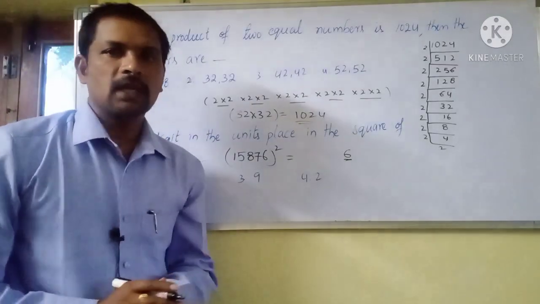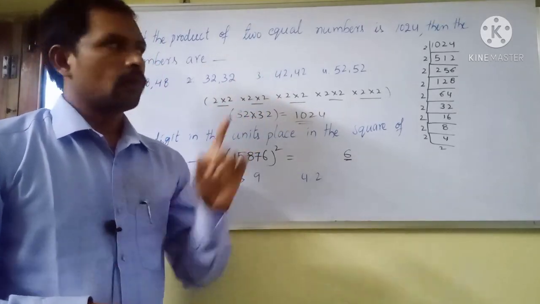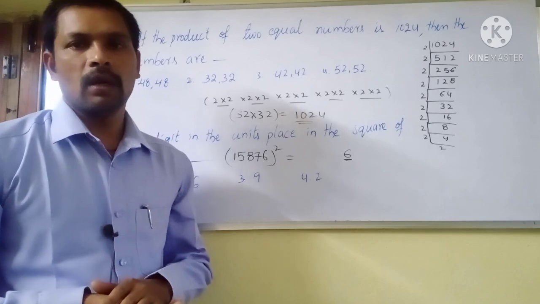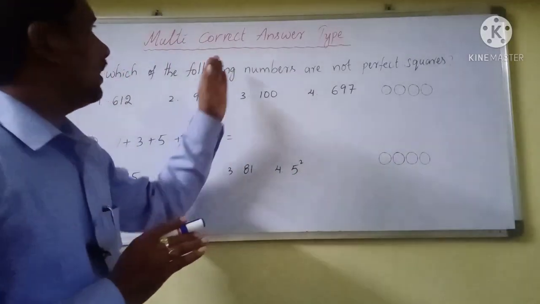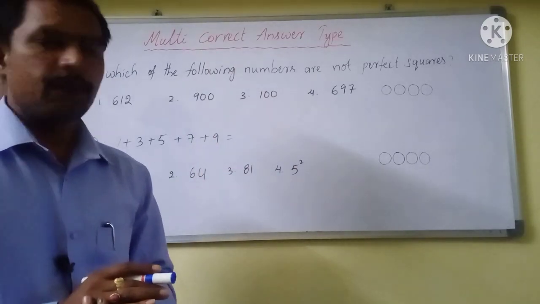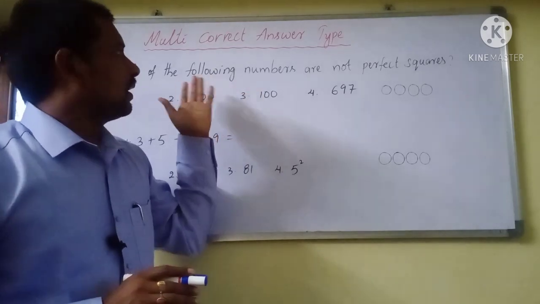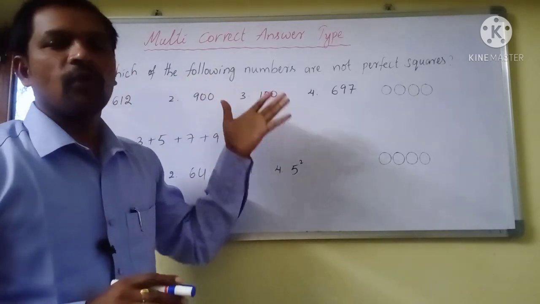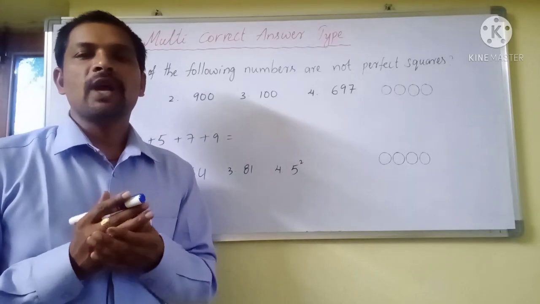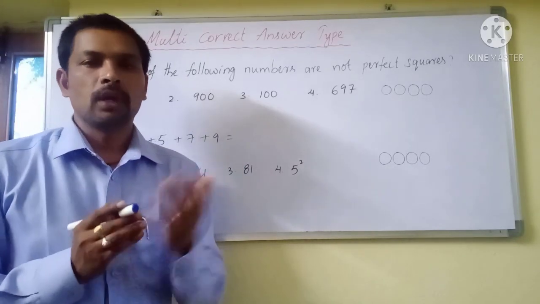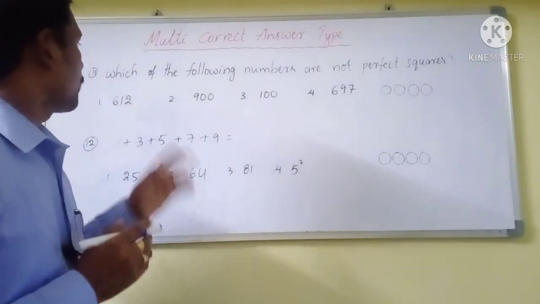So after the single correct answer type, these 10 examples, we will go for the multi-correct model and comprehensive type. Now we will discuss the multi-correct answer type model. So here, as usual, they will give a question and 4 options. But among these 4 options, we are going to have at least two correct answers. So now we will go through the problem.